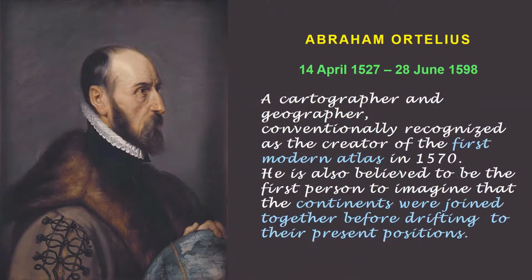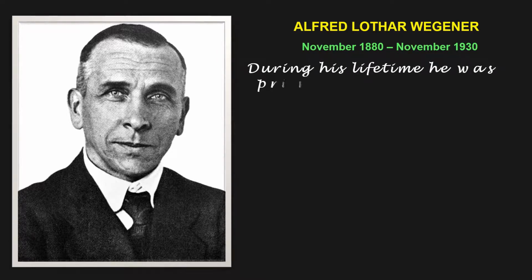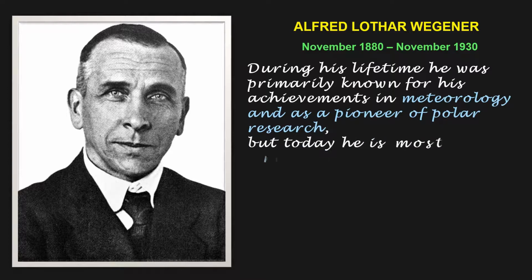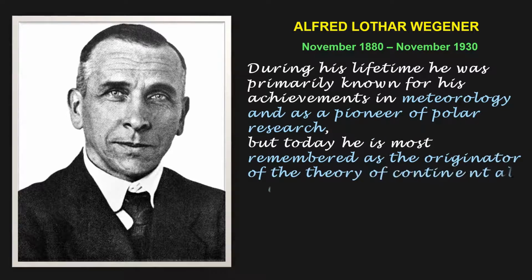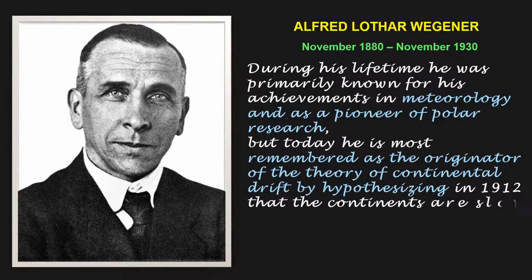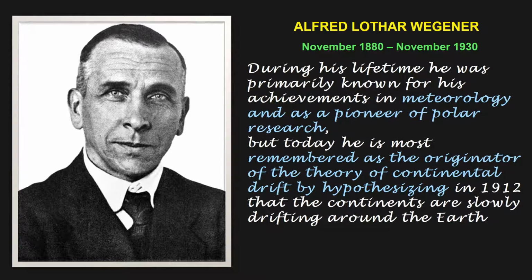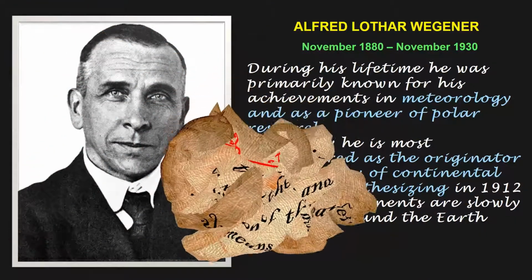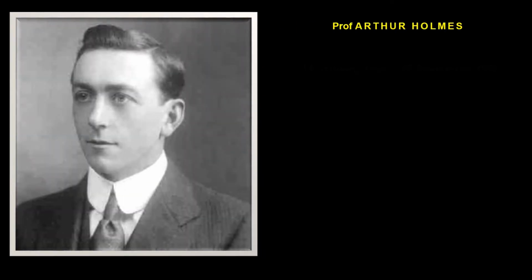The concept was independently and more fully developed by Alfred Wegener in 1912. During his lifetime, he was primarily known for his achievements in meteorology and as a pioneer of polar research. But today he is most remembered as the originator of the theory of continental drift, by hypothesizing in 1912 that the continents are slowly drifting around the Earth. Meteorology means the branch of science concerned with the processes and phenomena of the atmosphere, especially as a means of forecasting the weather. But his theory was rejected by some for lack of a mechanism, which was later supplied by